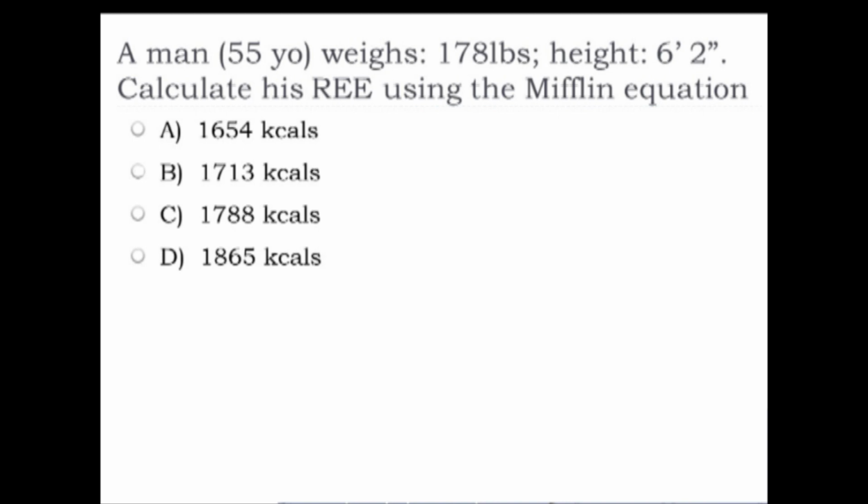808.12. Now let's move to the height. The height then needs to be transformed into inches. So 6 feet is 72 inches plus 2 is 74. This is using centimeters, so that's 2.54 centimeters to an inch. So multiply 74 by 2.54. That amount is 187.96, and you know by memory that that amount gets multiplied by 6.25, and the number you